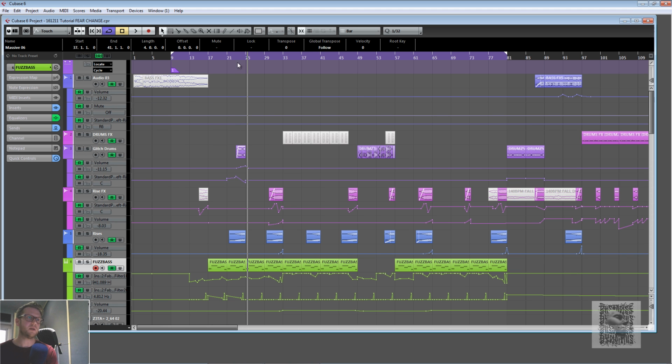So that's just helping it lead in. Also here I've got a rise, which is just a typical rise. It's just some white noise reversed. But together, you'll just hear them. It will help this